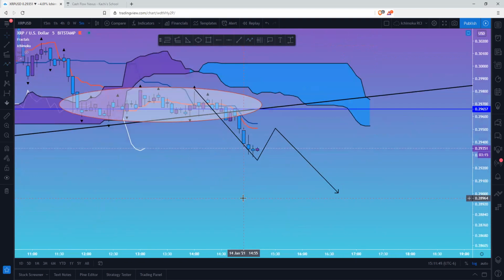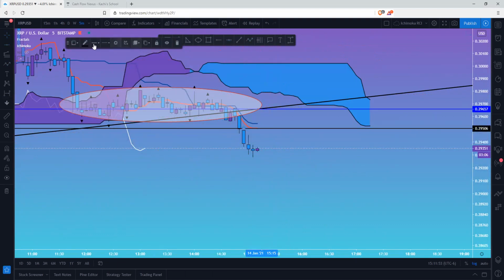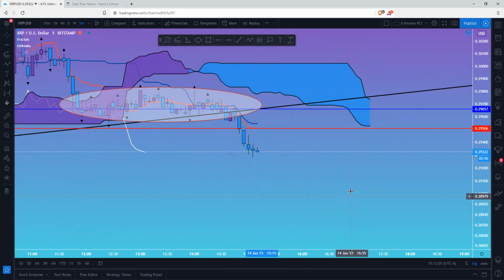All right. So right now it's just a waiting game. If anything, what I would do, I'm gonna just put an alert right here, see if we get back to this level. So when you see stuff like this, you don't want to stay at the charts. You just want to set your alert. See, now the alert's already made. So if we do come back to this price,